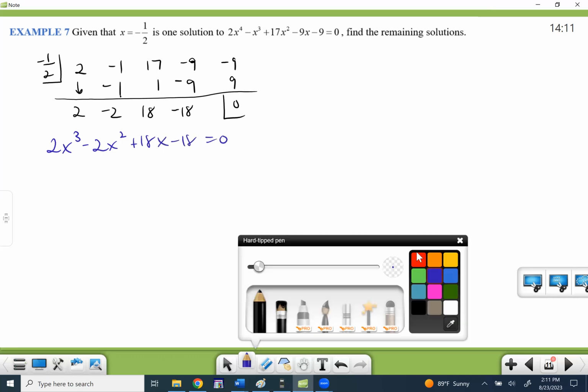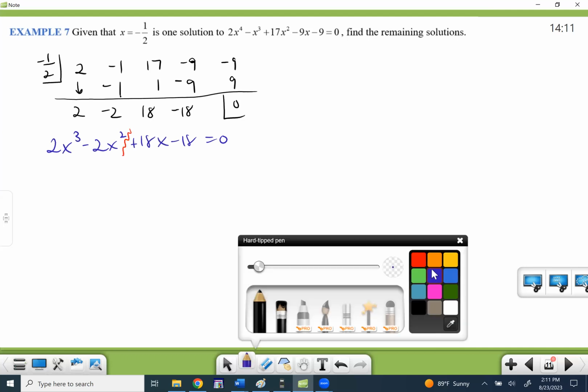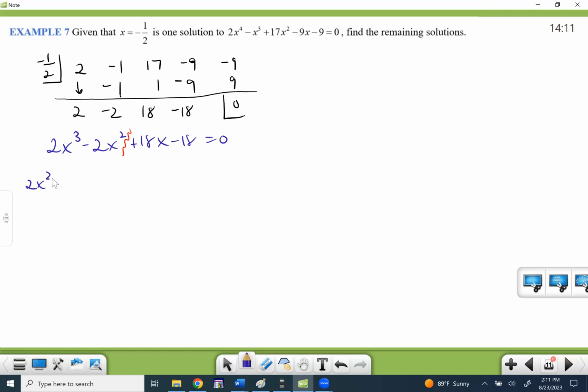All right, so we're going to slice this guy down the middle, and we're going to use factoring by grouping. So we're going to pull out a 2x squared from the first two. And then we're going to factor out an 18 from the second two. This is good news. So we're going to factor out x minus 1, and that's going to leave us with